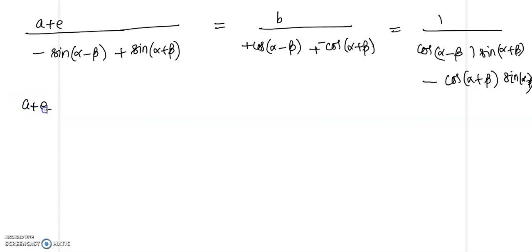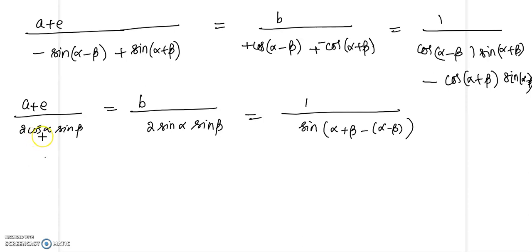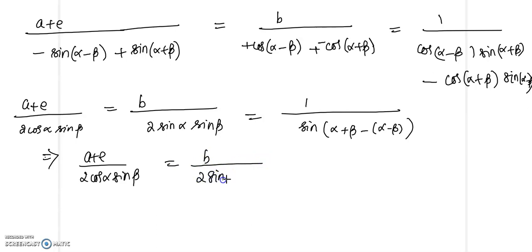Now this can be simplified as (A plus e) by 2 cos alpha sin beta equal to B by, so this is in the form cos(a minus b) minus cos(a plus b), so we'll get 2 sin alpha sin beta, and this is sin a cos b minus cos a sin b, so that will give sin(a minus b), sin(alpha plus beta) minus sin(alpha minus beta), so that will give (A plus e) by 2 cos alpha sin beta equal to B by 2 sin alpha sin beta, that will be equal to 1 by, so this gives sin 2 beta, sin 2 beta is 2 sin beta cos beta,